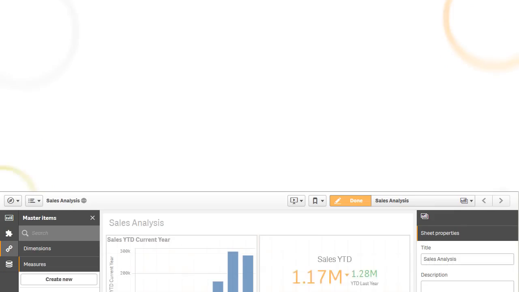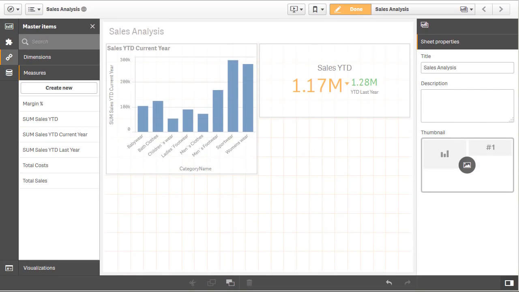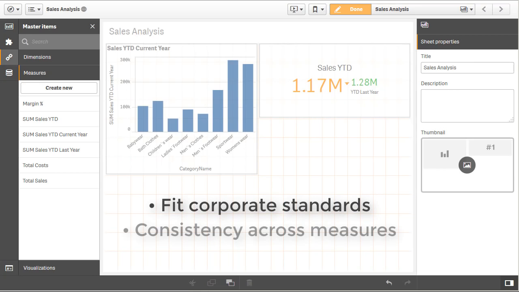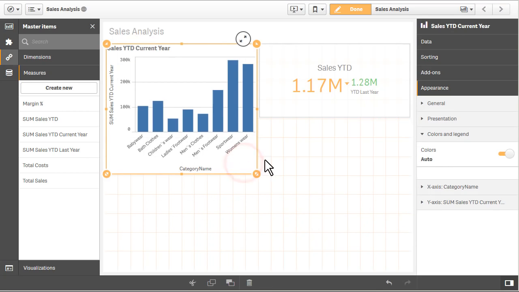So the first feature I'm going to demonstrate is our advanced coloring option. We've listened to our customers. They want to be able to color a chart or a KPI or use any color they want within their analysis. If they want to use brown and green or chartreuse and fuchsia, they can do that now. This is going to allow them to fit their coloring with corporate standards and provide consistency for measures across all of the visualizations. So to give you a quick example, if I choose my chart and I go under